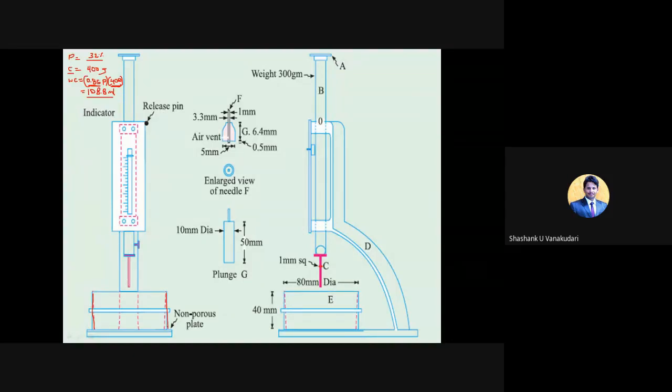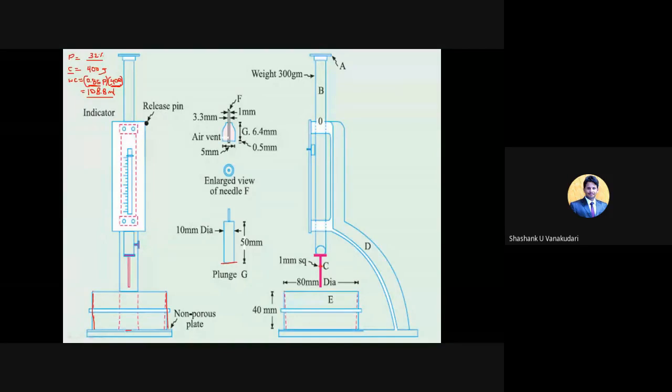That needle dimension is 1 mm diameter and 50 mm length. What's the difference between the plunger and the needle with respect to the operation? The plunger is going to be resisted by the cement paste, which won't penetrate so easily. But here, this needle directly touches the bottom plate. Clear? Because the cement will be in a moist consistency, as it is a standard cement paste, when this needle penetrates, obviously it is going to reach the bottom plate.